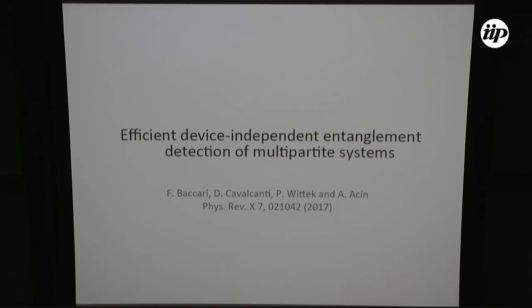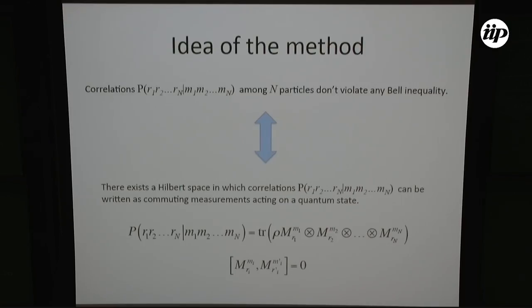So you have a many-body experiment, say a lattice, an ultra-cold system where you have a system of many particles, and you want to prove whether this system is entangled. Well, this is hard because there are many particles and the dimension grows exponentially. So we want to find something that is efficient. And the idea is, again, I think it's